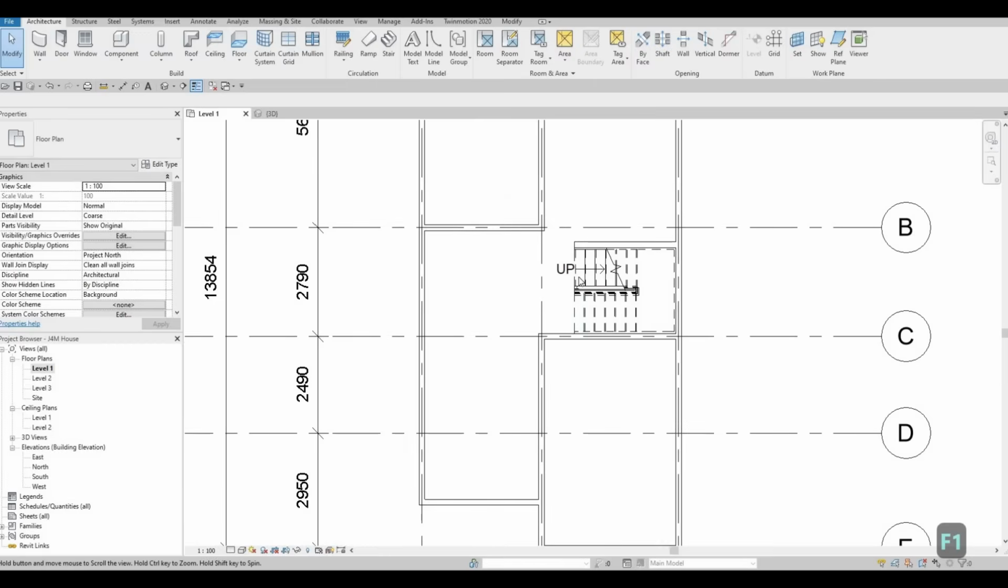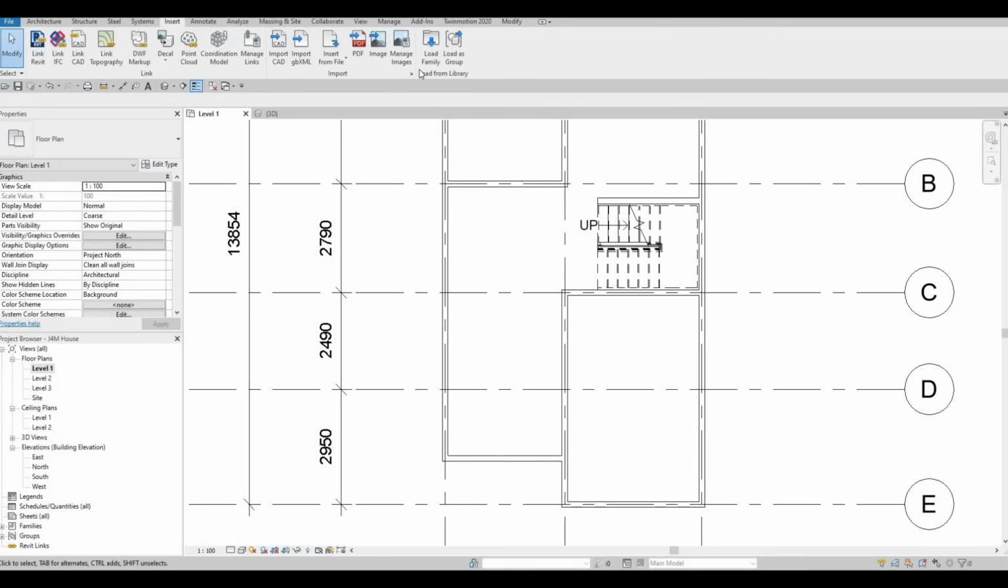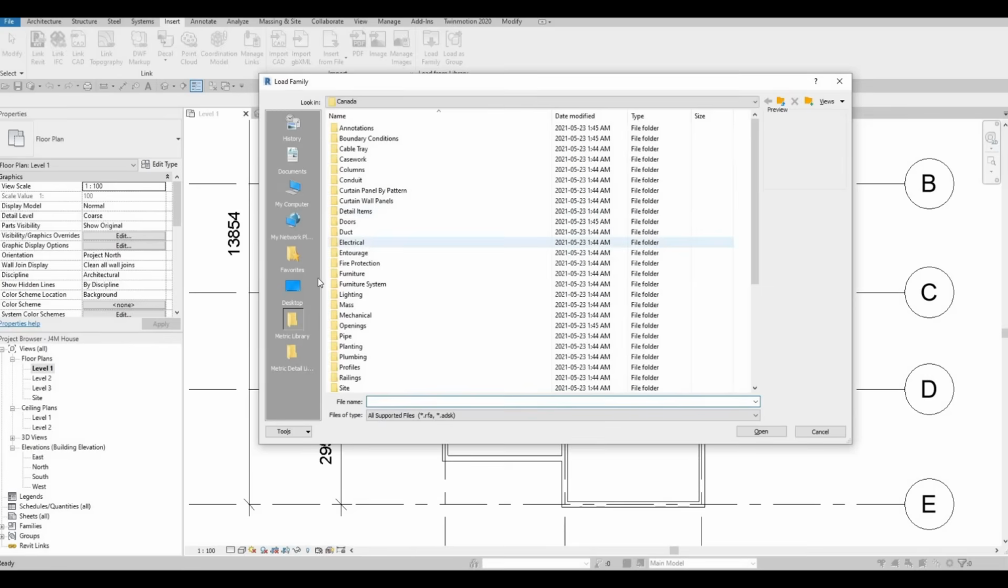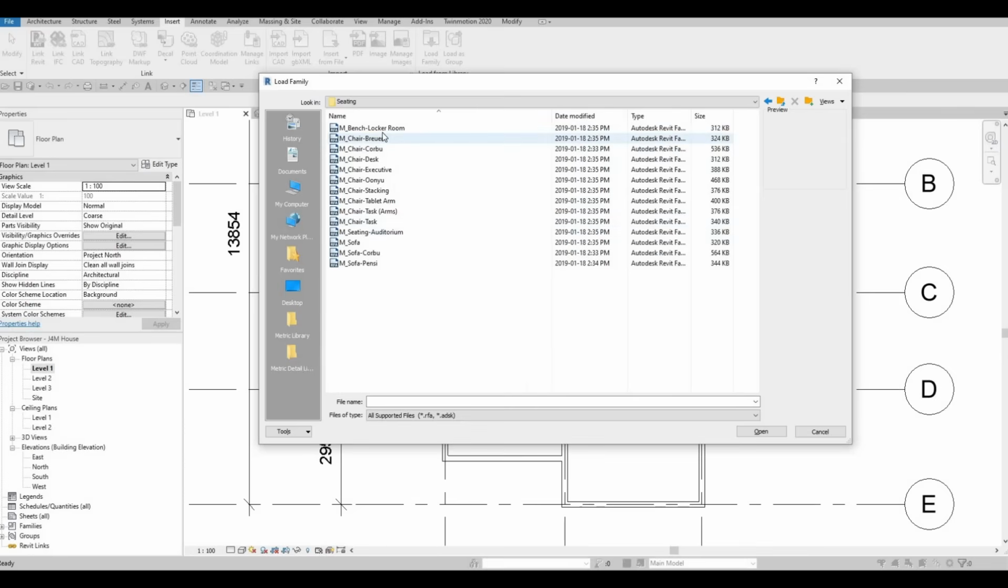So next thing we're gonna do is we're gonna add in the furniture. So I go into insert, load family, and then we have here under the furniture folder we have table, seating, bed, storage, and whatever. So now I'm going to add in the seating first. So let's add in the couch. I'm gonna use this sofa Corbu. Click open,